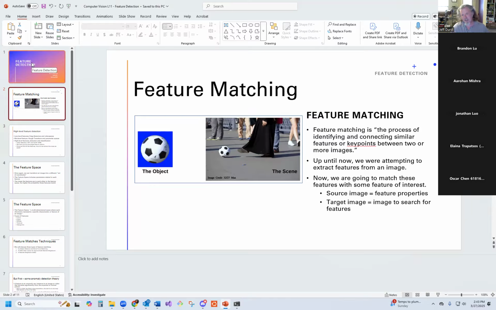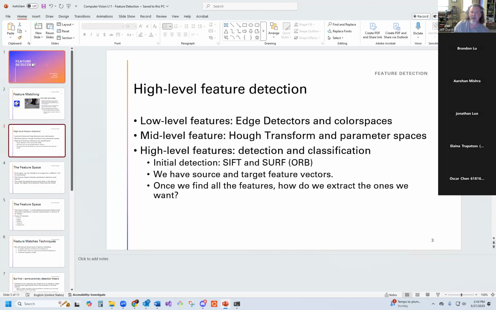Yeah, so like I was saying, we've got our source, which in this case was our soccer ball. We've got our source feature vector that we're going to find, and then we're going to try to match that feature vector with the feature vector of every key point in the scene. So when we look at these, I'm going to come back here,